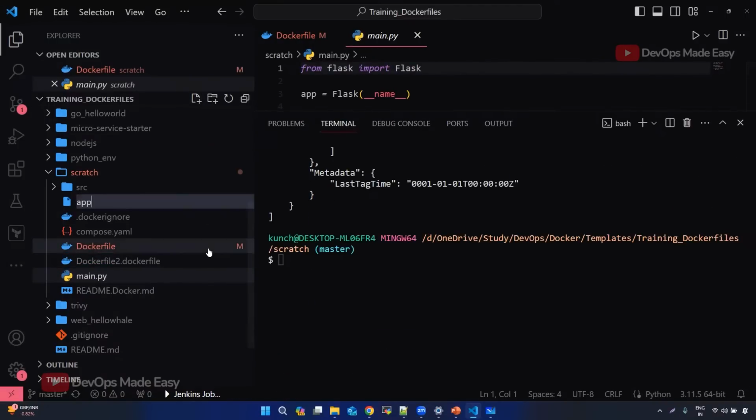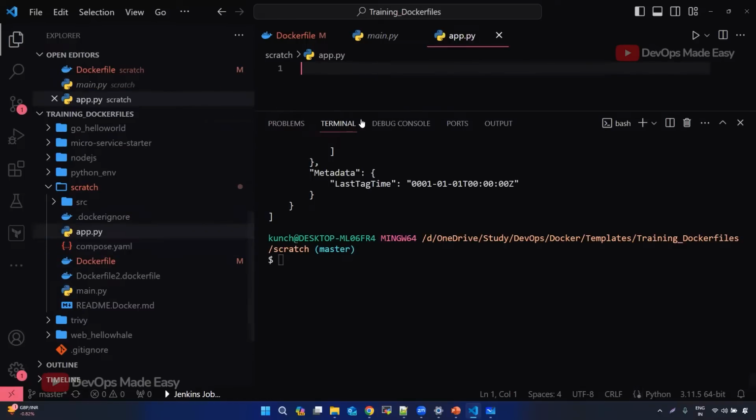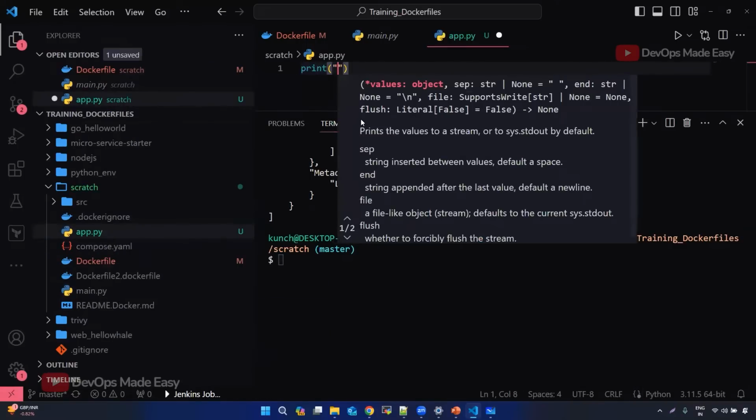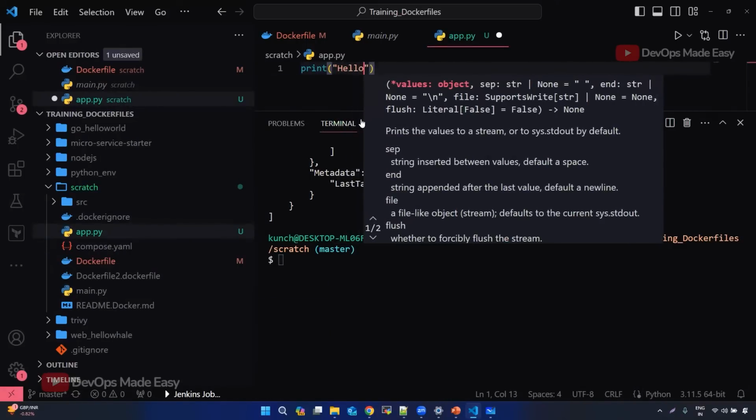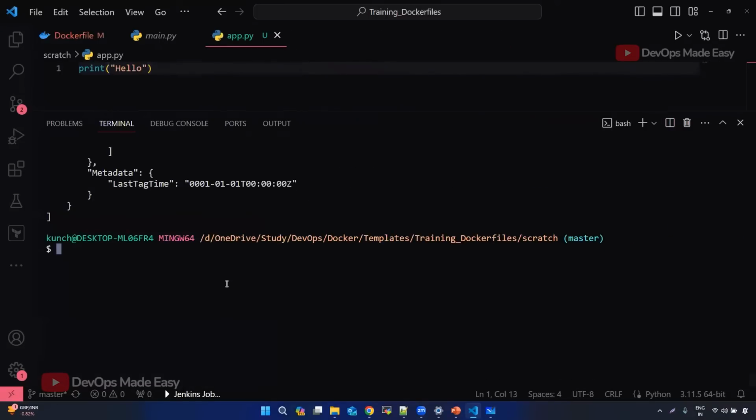Let me simply say app.py and just print hello. Okay. And then while running this Docker run --rm, I will also mount this current directory's app.py file into the container file system like app.py. So once it is there, okay, and